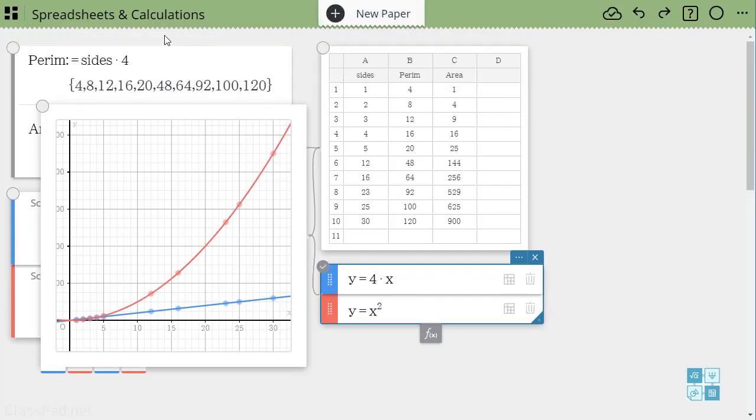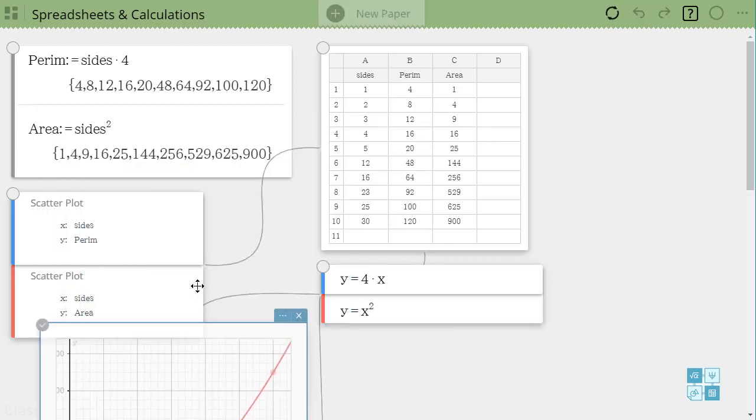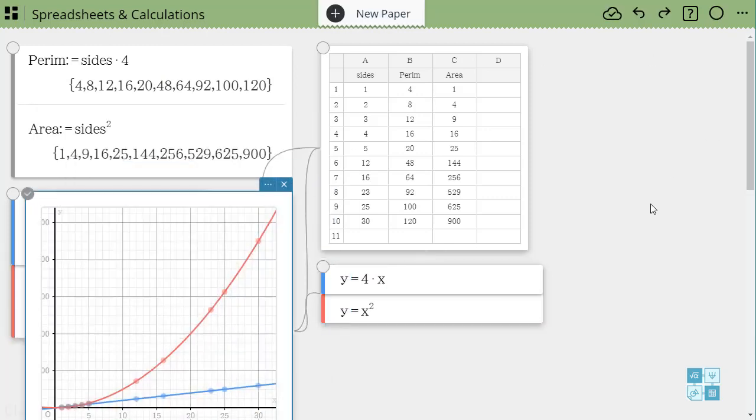So many things you can do because of that interconnectedness, but the main thing I wanted to point out in this little how-to is how you can fill in statistical spreadsheets by defining a variable. This is a multi-character variable, and then defining it in the calculate function, and it will make the calculations for all the data values you already have and fill in the data table. So a really nice feature of that interconnectedness that